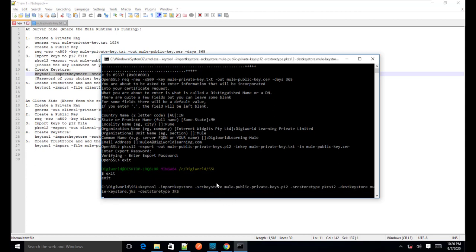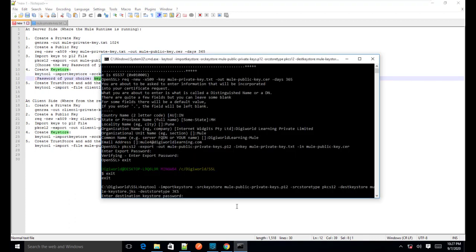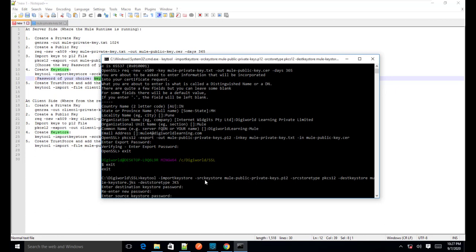So as you can see, using this command, I am generating the keystore file. So this is the keystore name. Okay, and I am actually importing the keys from this p12 file to this keystore file, right? And I will use this password for this purpose, and I am actually copying the password, as it does not show the password, so you won't be able to see that, so I have written it there.